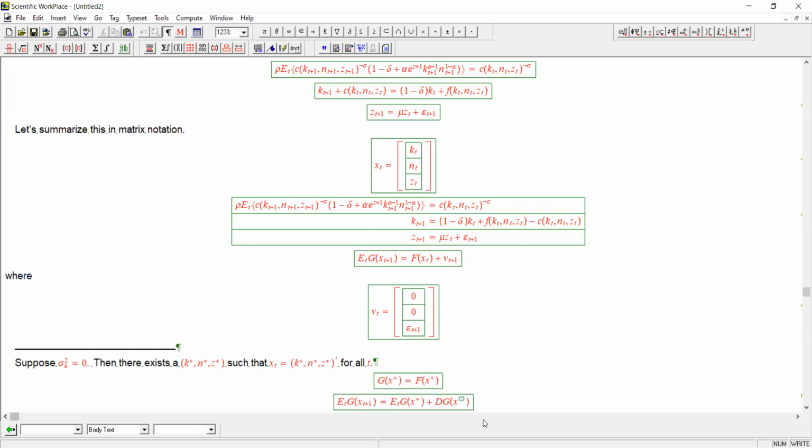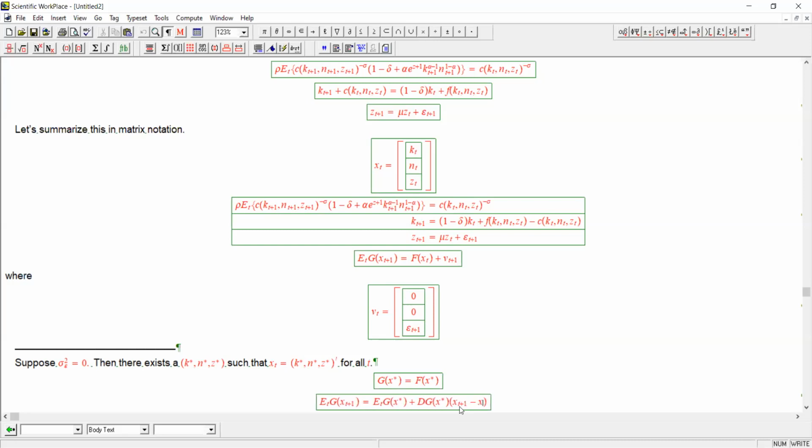That is the matrix of derivatives of the vector function g evaluated at x star. Why are these derivatives a matrix? It's because g is a function of 3 things and g has 3 rows. So you have to derive each row by each of the arguments, and that way you get 9 derivatives. We're going to organize them into a matrix, and that's d of g. Evaluate that at x star and multiply it by